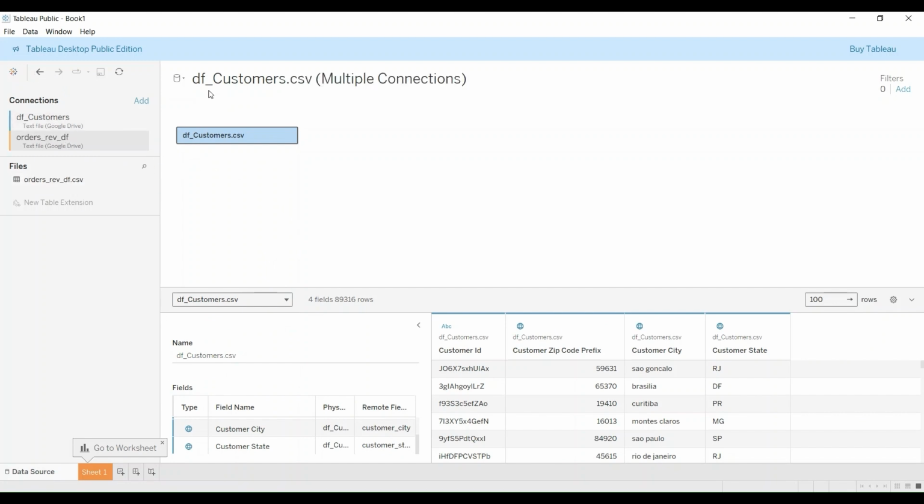All right, so the df_customers.csv file has been added into my data source tab here. I'm going to hit the add button on the left side of my screen to continue adding